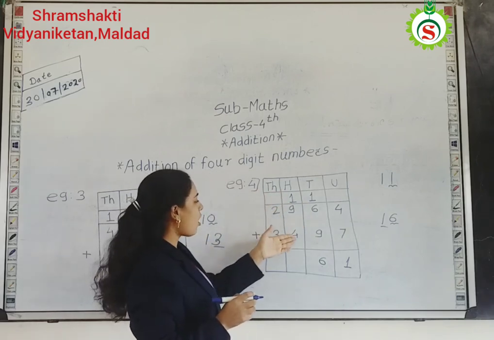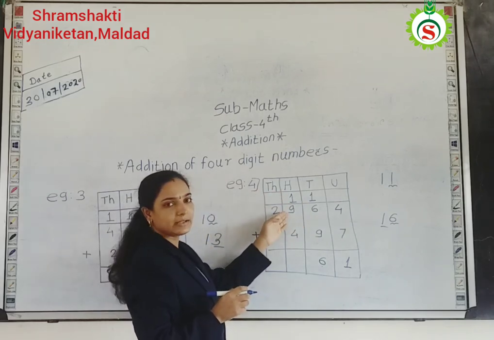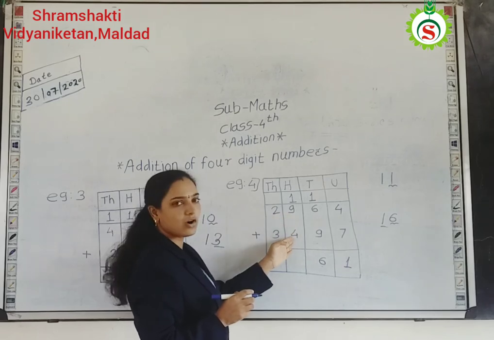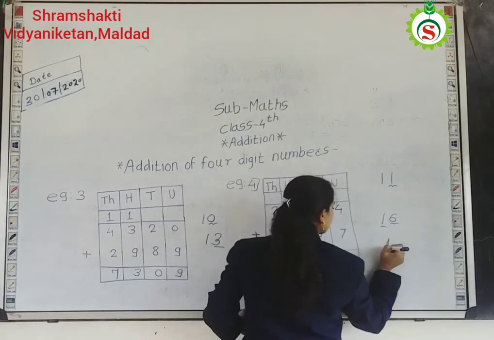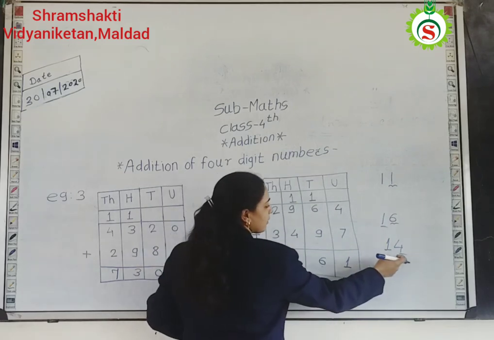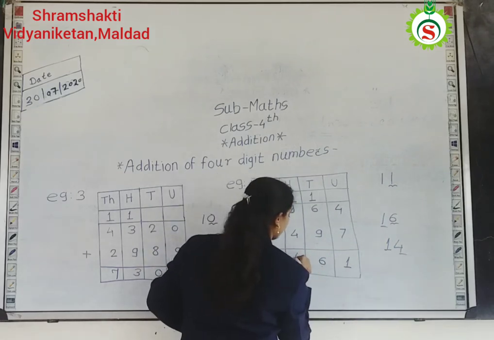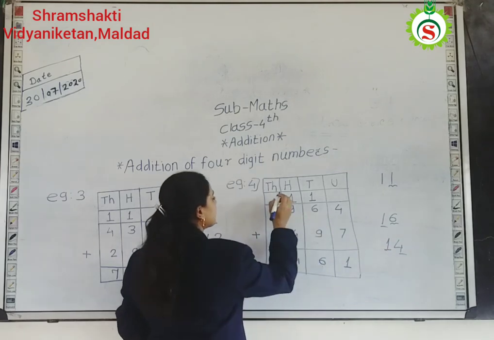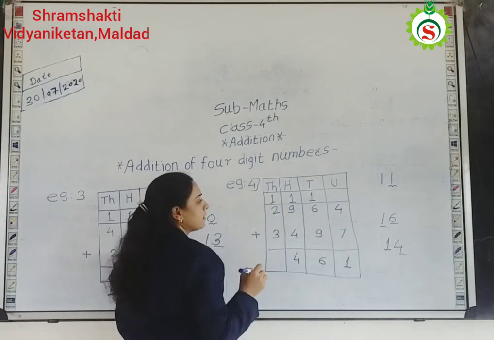Then add all these numbers. 1 plus 9, 10. 10 plus 4, 14. Again, write the units place number here, which is 4. The remaining one is carry. Then